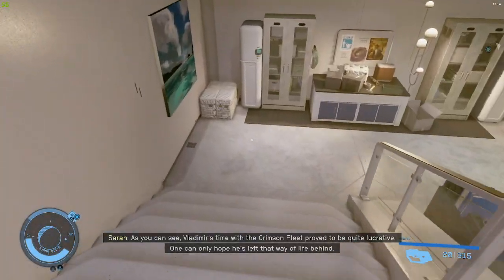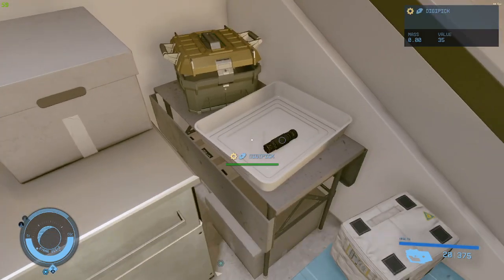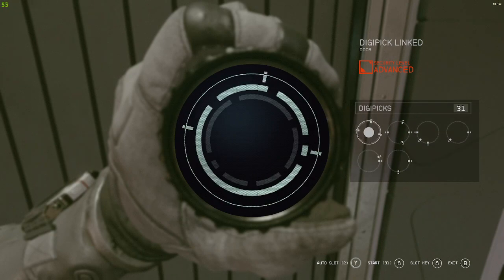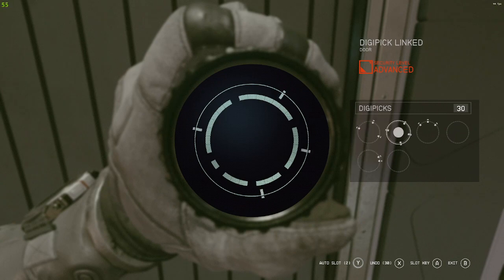As you can see, Vladimir's time with the Crimson Fleet proved to be quite lucrative. One can only hope he's left that way of life behind. Grab a couple of his things here. But you do need the advanced lockpicking to be able to get into his house. Or not to get into his house, but to get into this area. So definitely, if you put the point into the advanced lockpicking, then you need to come over here, check this place out. Especially if you want that weapon, because it is actually really neat. So we are going to go this one, and this one. Then we will go...